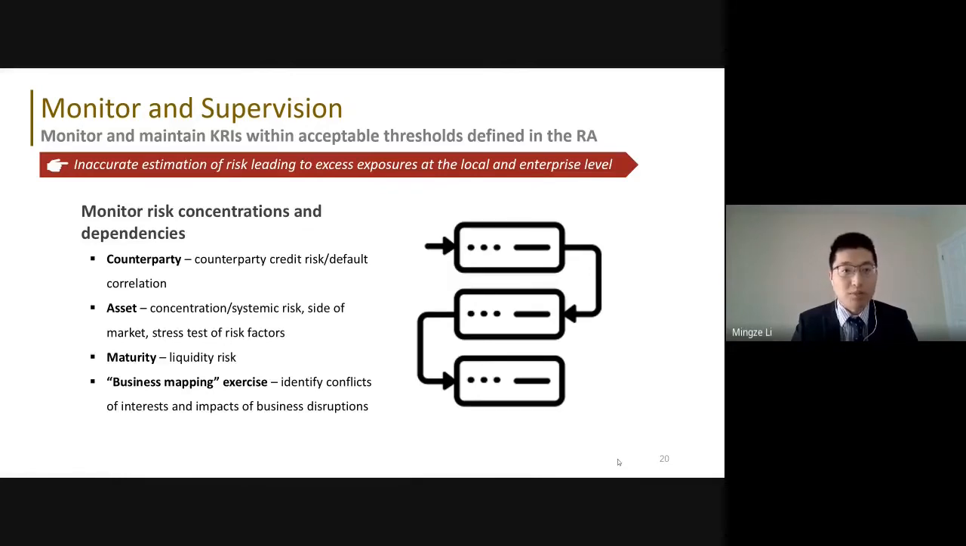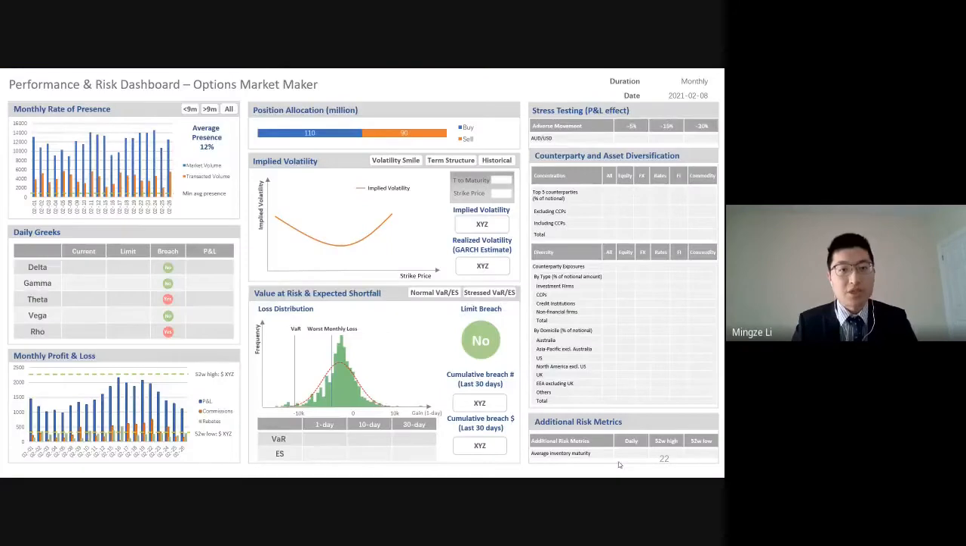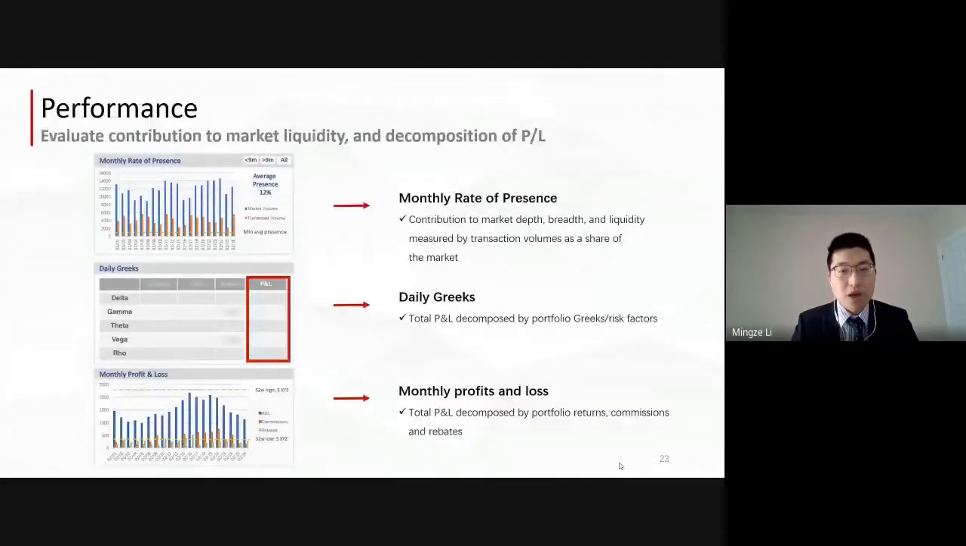for option market makers. And this is the full dashboard. And to evaluate their performance, we first visualize their market share by their contribution to the overall liquidity of the market, measured by their trading volumes as a share of open interest on the top. And in the bottom two charts, we also look at their P&L, and we try to decompose it into fee, commissions, and rebates, and others. And they should also express their P&L in terms of Greeks to understand the composition of